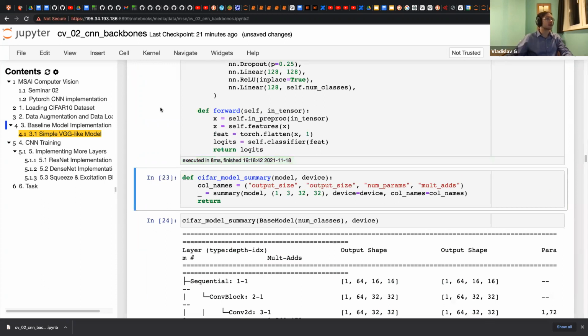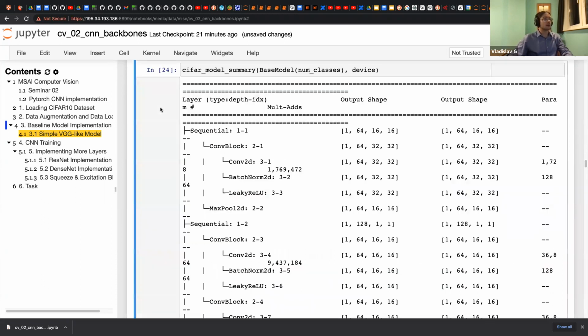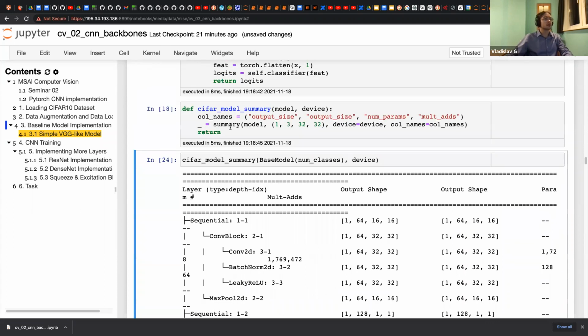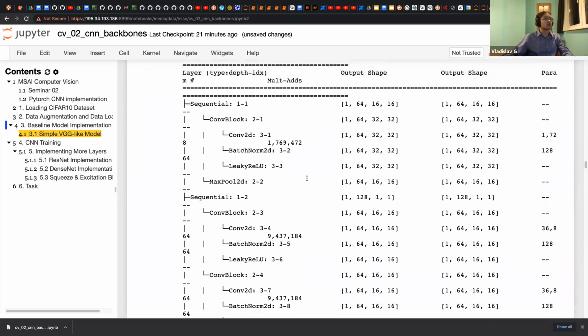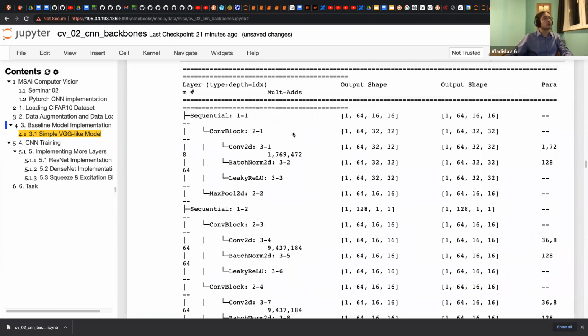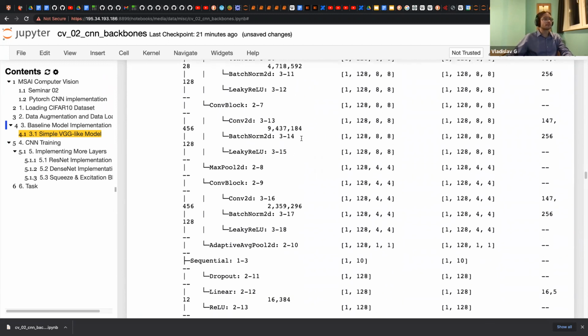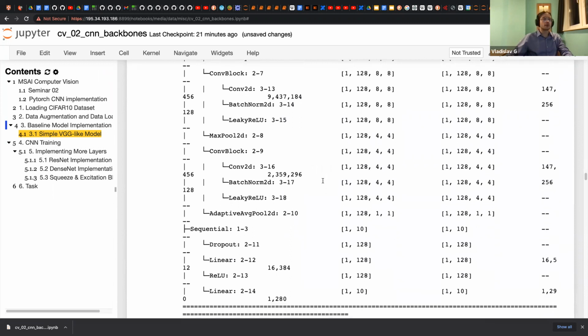Okay, let's define it. And let's use CIFAR summary. But yeah, here it has a wrong... But okay, it's not broken.